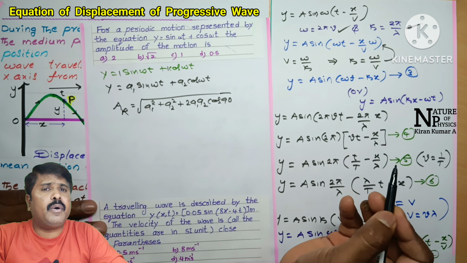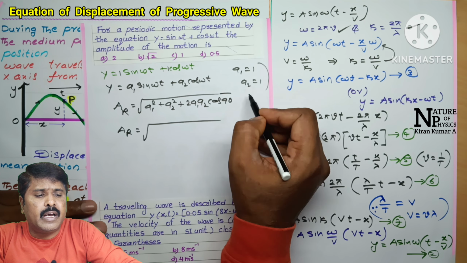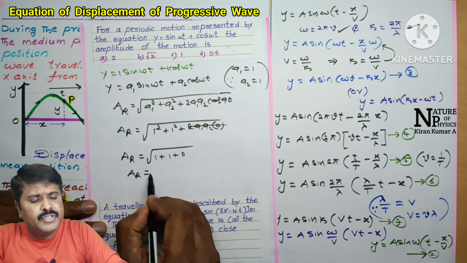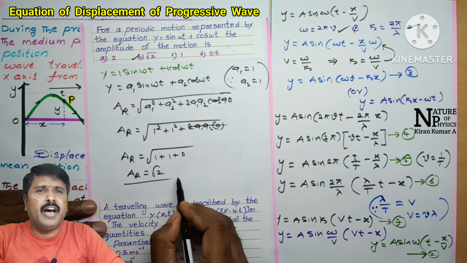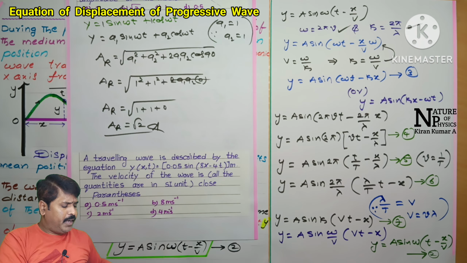So a_r is equal to root over a1 square plus a2 square plus 2 a1 a2 cos 90. According to the question, a1 is equal to 1 and a2 is also equal to 1. Replacing the values, 1 square plus 1 square plus 2 a1 a2 cos 90, which is 0, 0 into anything is 0, students. So a_r is equal to root over 1 plus 1 plus 0, so a_r is equal to root 2, the answer for the given question. Option B is correct. Okay student, and the last one, I am going to explain a derivation